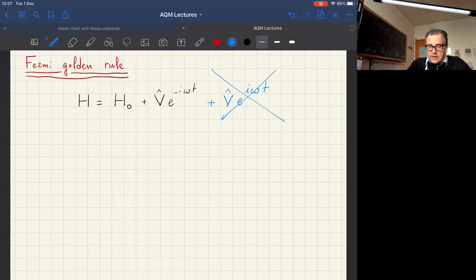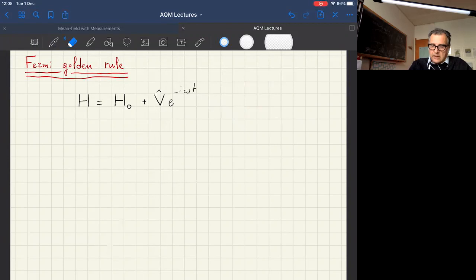So we just take a symbol exponential. If you plot this e^{iωt} or e^{-iωt} on the complex plane, it means that you are just following a point going either clockwise or counterclockwise. So if you use a symbol exponential, you just choose one specific direction. If you put the cosine, you're putting both the rotating and counter-rotating term. Okay, so we forget about this term here,